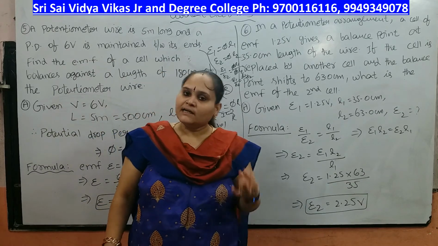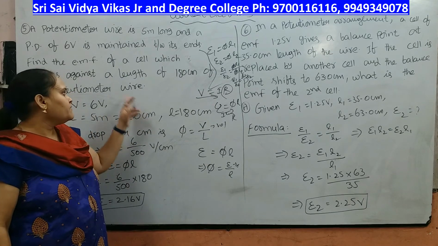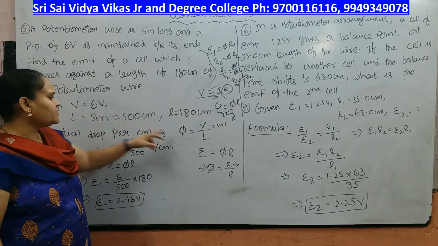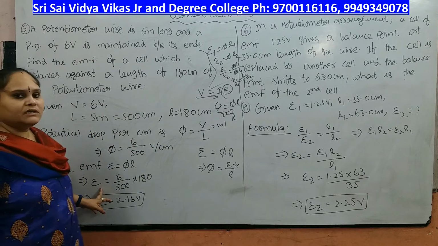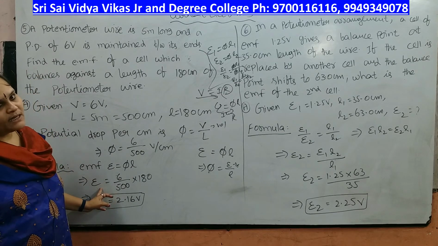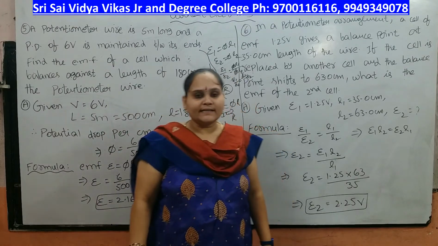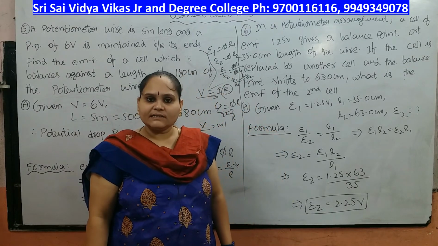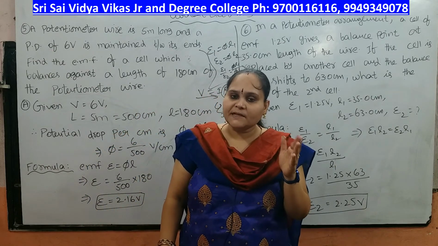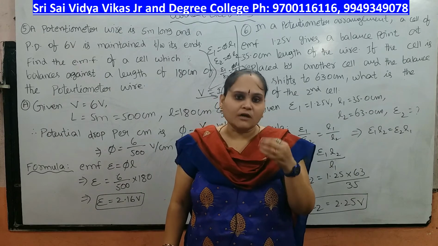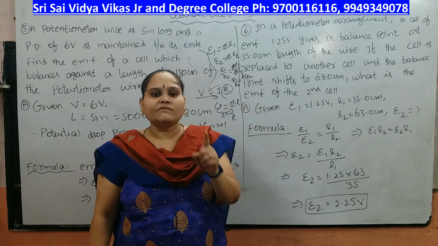Now we will calculate epsilon. For this purpose we will calculate the potential drop V equal to IR. From this we can write phi equal to V by L, and now EMF epsilon equal to phi L. Substitute phi and L values in this equation, and we will calculate the epsilon value. Now, in a potentiometer we have two lengths and one EMF. The one length is at position 1, at that point the EMF is given, and that cell is replaced by another cell and the balancing point also changes. For this the EMF also changes, but we are given just one EMF and the two lengths.